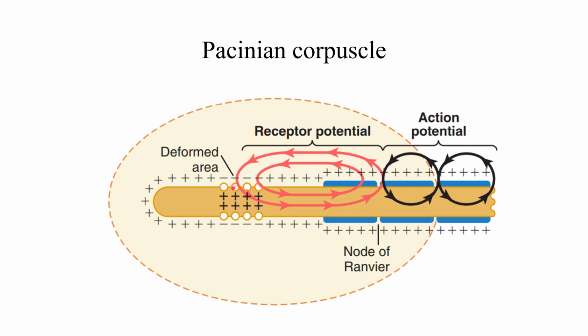The pressure applied on it leads to activation of mechanically gated ion channels, resulting in a receptor potential. If it reaches a threshold, then it will be propagated as an action potential throughout the sensory neurons to the central nervous system. And so, because it's a very rapidly adapting sensory receptor, the mechanism of this adaptation